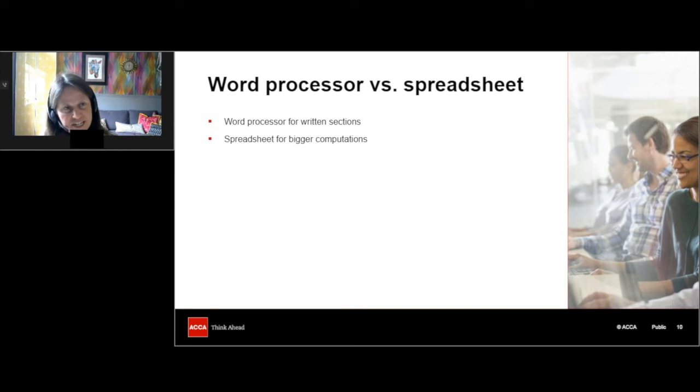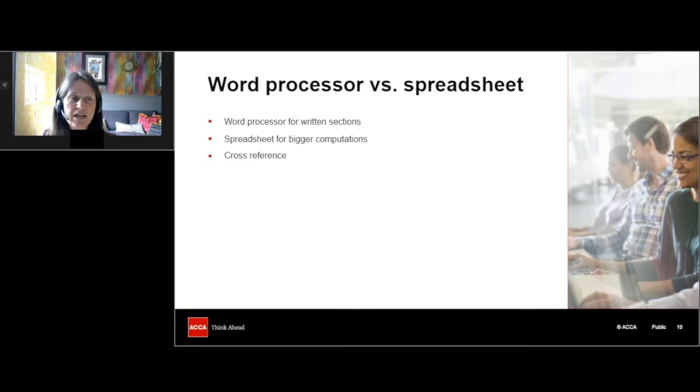For the spreadsheet, particularly if you're doing a computation in columns, a computation that involves adding up numbers, it's much, much easier to set that out in the spreadsheet, and you can use formulae as well. Simple formulae just for adding up columns of numbers can save you lots of time. So you don't need to use complicated formulae necessarily. I would do big computations in the spreadsheet, and then you can cross-reference. When you're writing in the word processor, if you're going to do some numbers in the spreadsheet, just put something like "C spreadsheet". The marker will look at both of those documents.